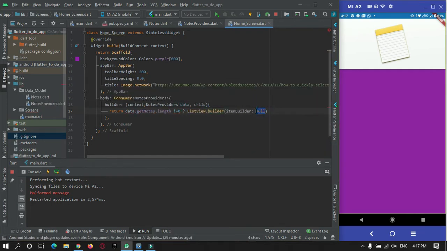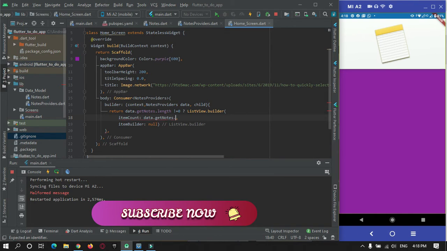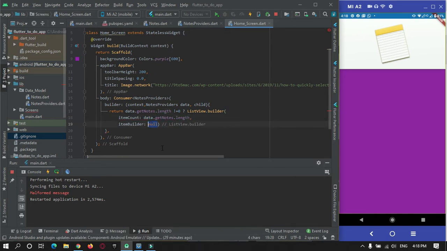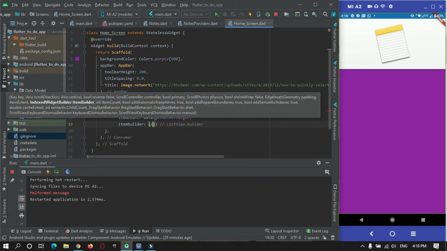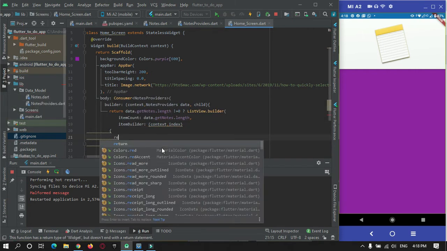Okay, in list view builder, here first of all we need to count how much data is there to be shown. For that, data dot get dot length. Okay, and in item builder, here we must make use of context and the index. Okay, and here return